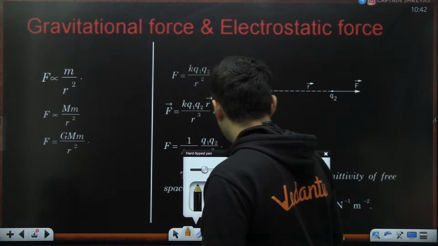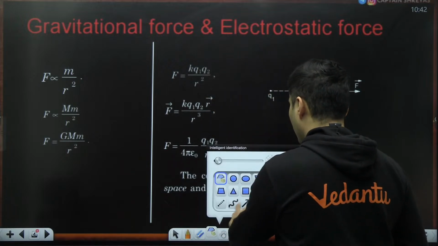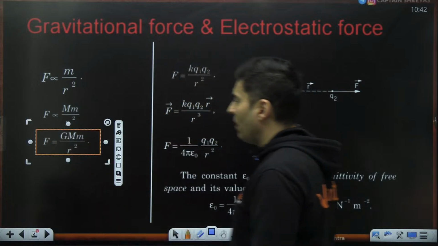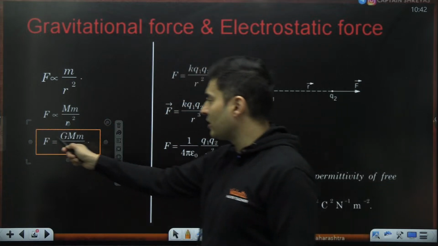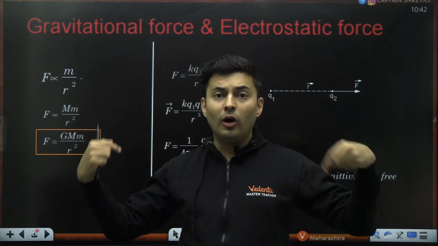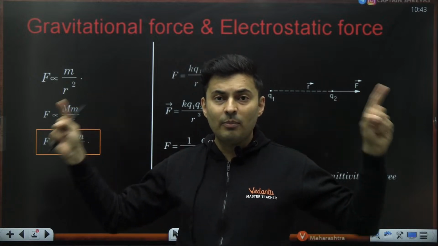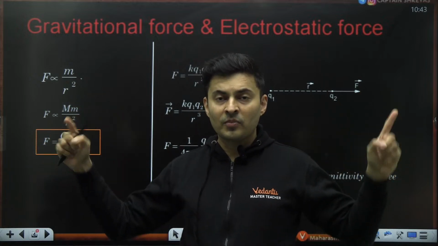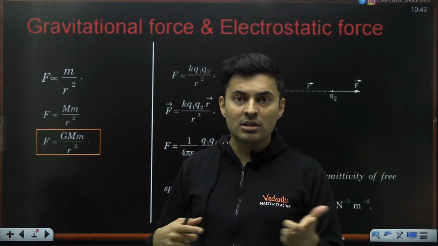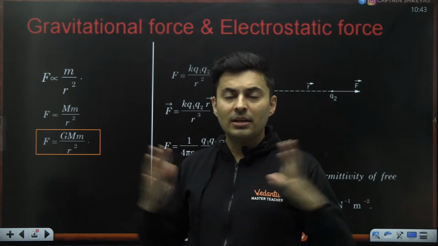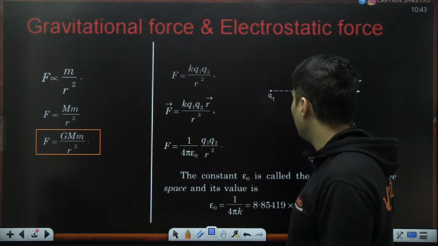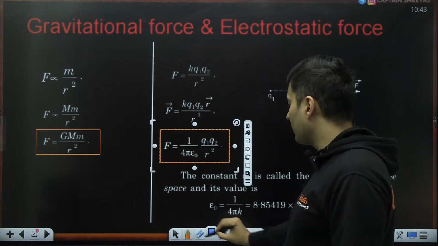Okay, so the gravitational force formula that we have is G m1 m2 by r square. It's the inverse square law, meaning if you double the distance, the force will fall down to 1/4. If you triple the distance of separation, the force will become 1/9. So it is a squared relationship and inverse, because increasing the distance drops down the forces, be it gravitational force or be it even the electric force.